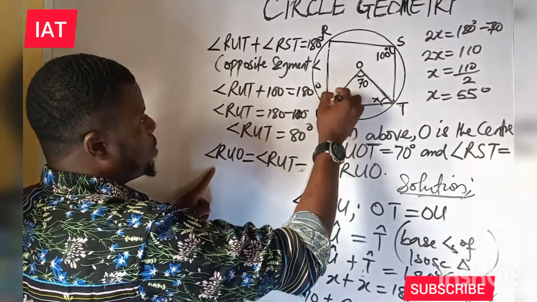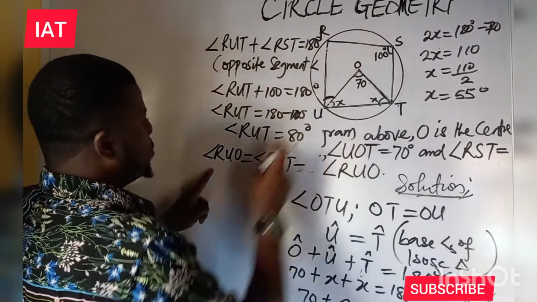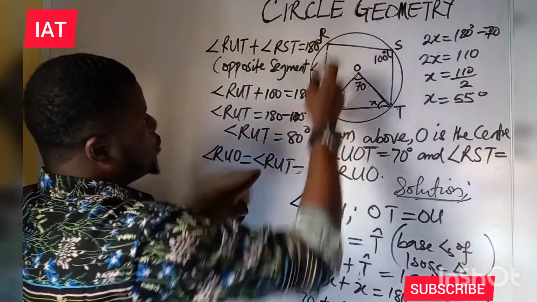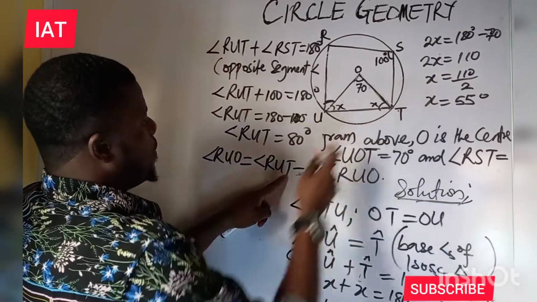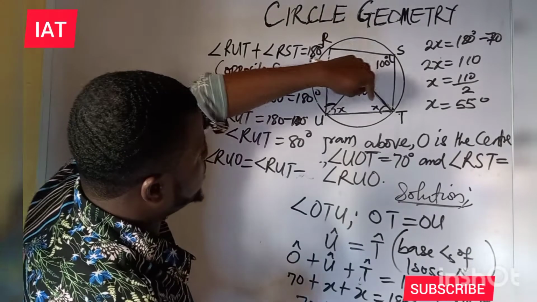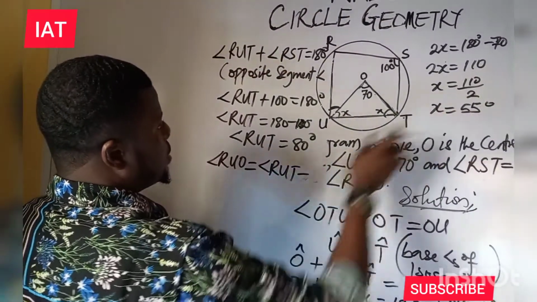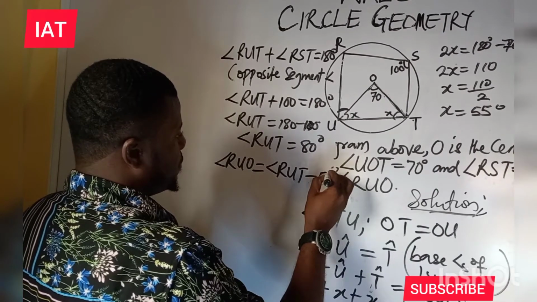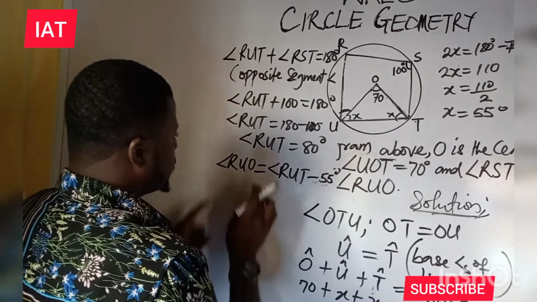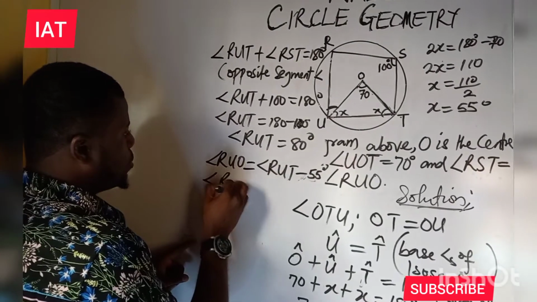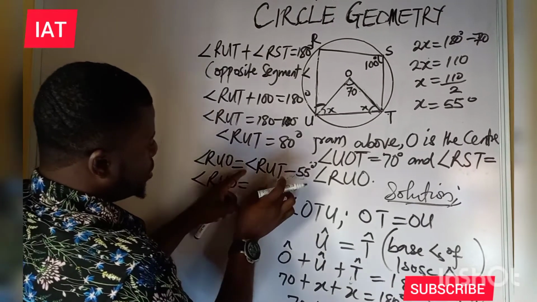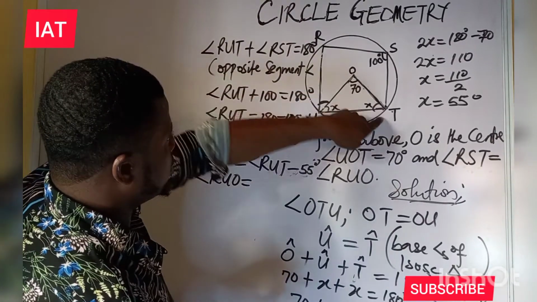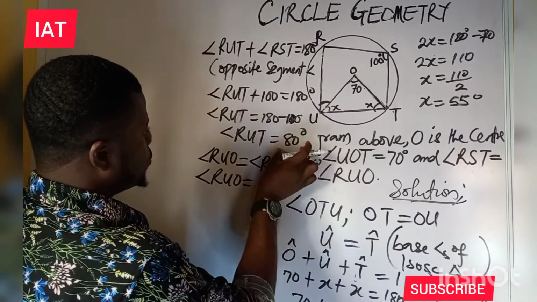So ROU will be equal to this angle ROUT minus the one we have previously, which is this 55. We have 55 degrees here. So here we have angle ROU equal to this angle ROUT, and the value for this ROUT is 80 degrees,